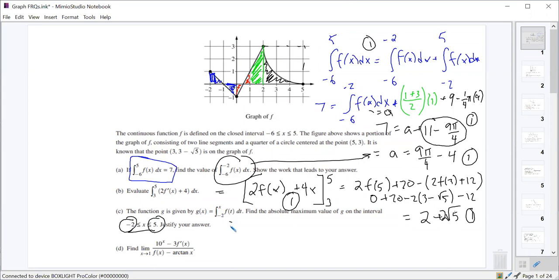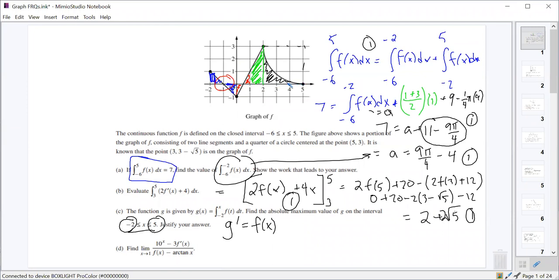And what's the derivative of g? Just f of x, right? So anytime f of x goes from positive to negative is a possible absolute max. So here's one place where that happens. Are there any other places where it goes from positive to negative? No, it goes from negative to positive. That's a critical value, but that one's a local minimum, so we don't need to worry about it. So we have -2, we have -1, and we have 5 as the three values that we need to really